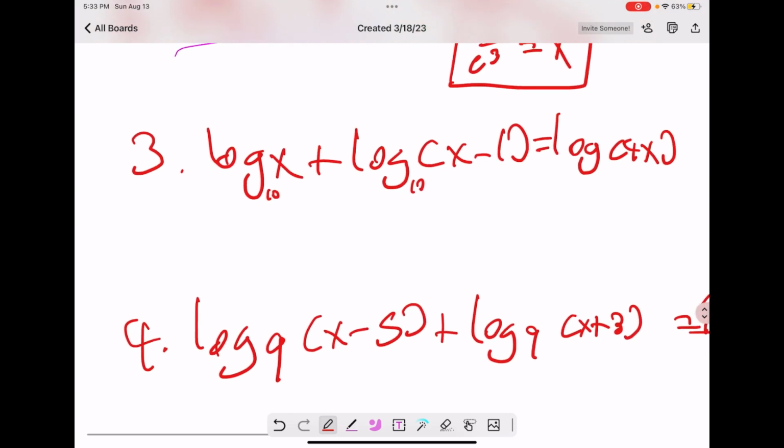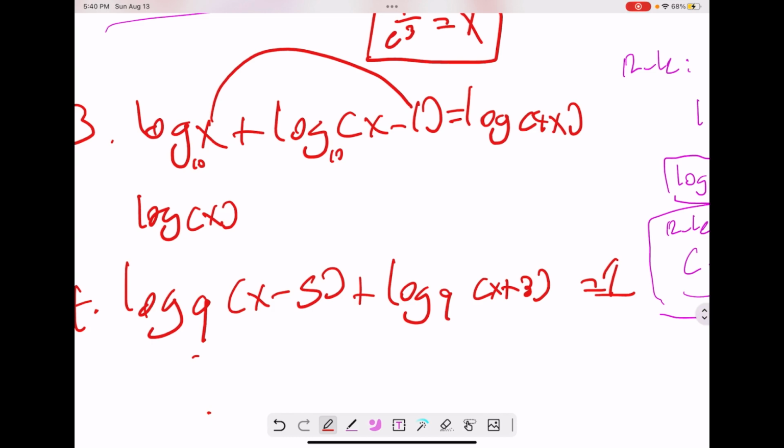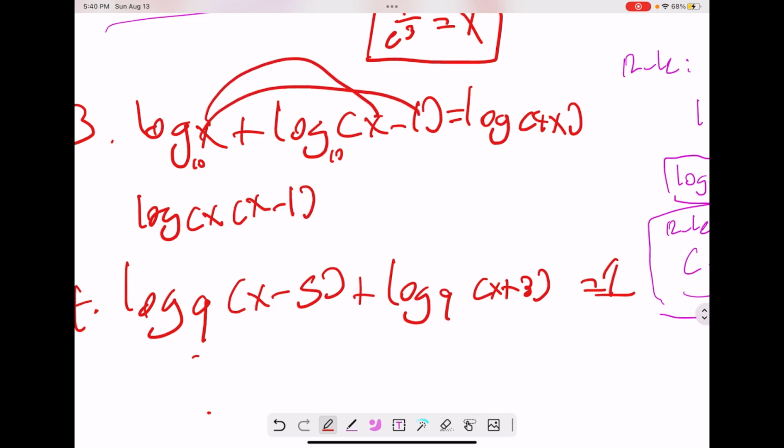But, okay. So this is going to be log. We're going to take the first one, and we're going to multiply it by whatever is inside the second logarithm. So we're going to multiply x, which is the first logarithm. Sorry, I think I said algorithm. Sorry about that. I meant logarithm. So then we get x times x minus 1. We're going to do the whole thing times the whole thing. So log of x squared minus x, because we're going to distribute here and here, is equal to